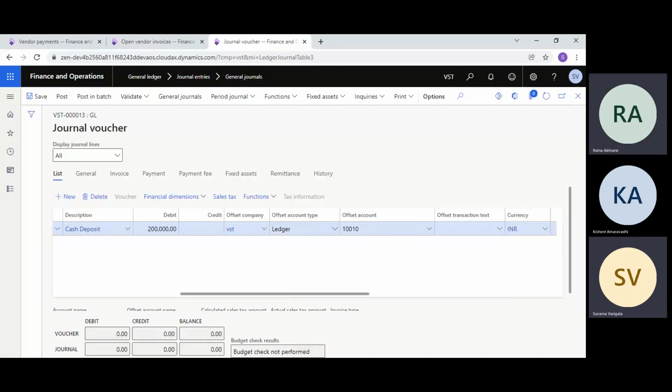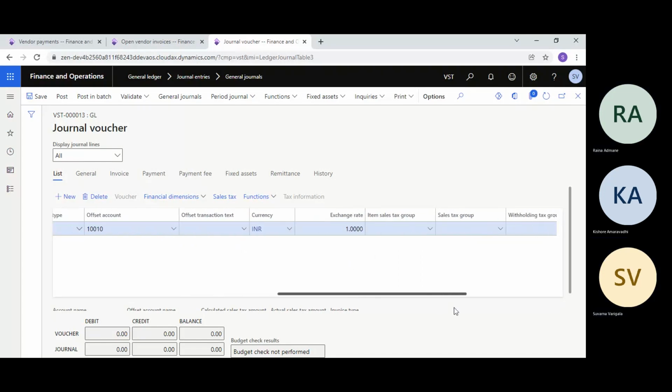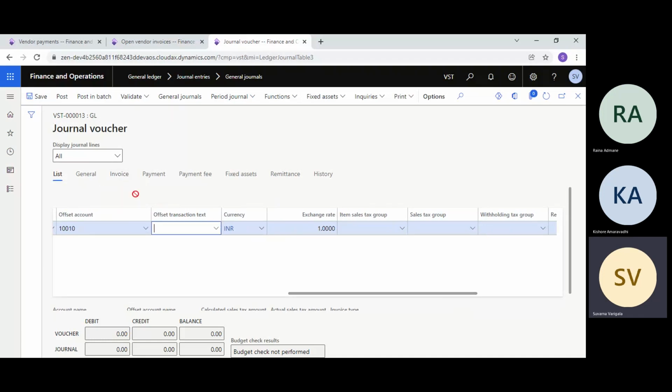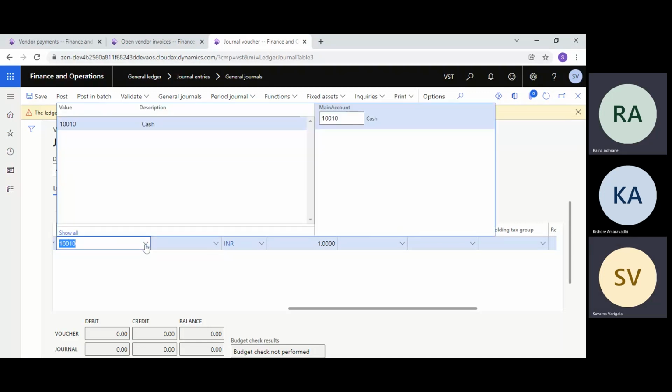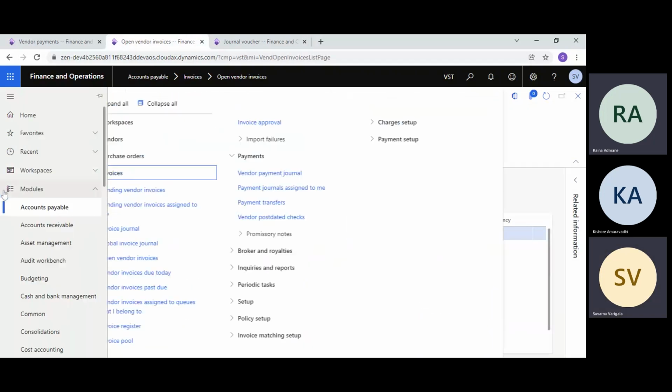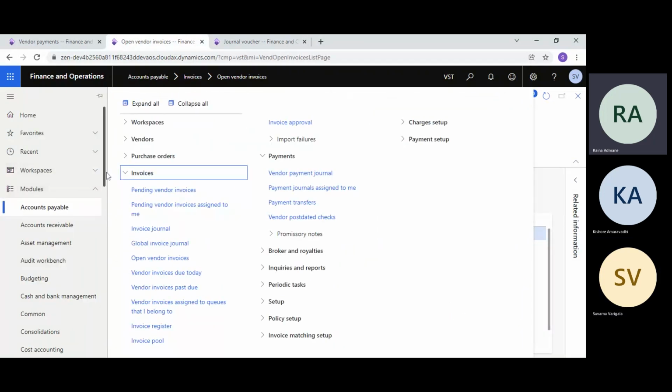Offset, when this text is not needed, you can just use this. So this combination is not valid because I think the journal controls only allow ledgers. Whatever journal name you have created, see the controls part.